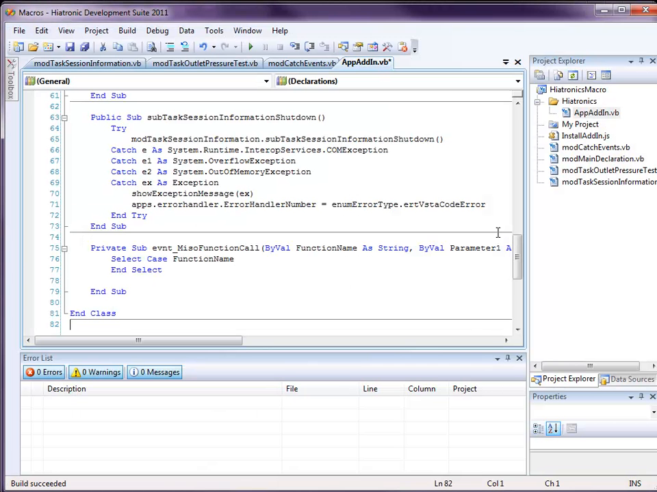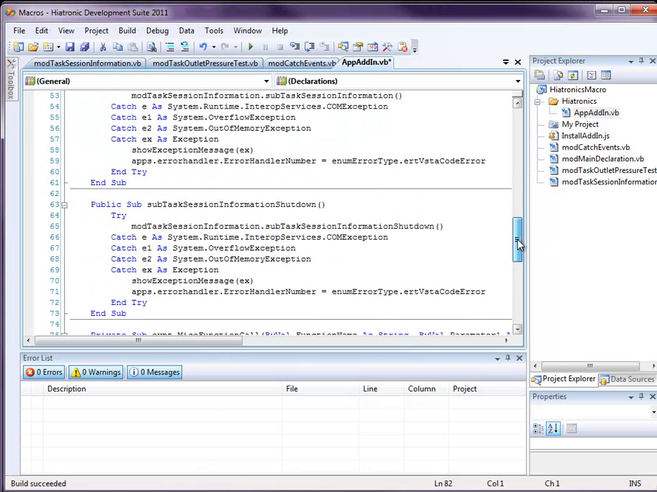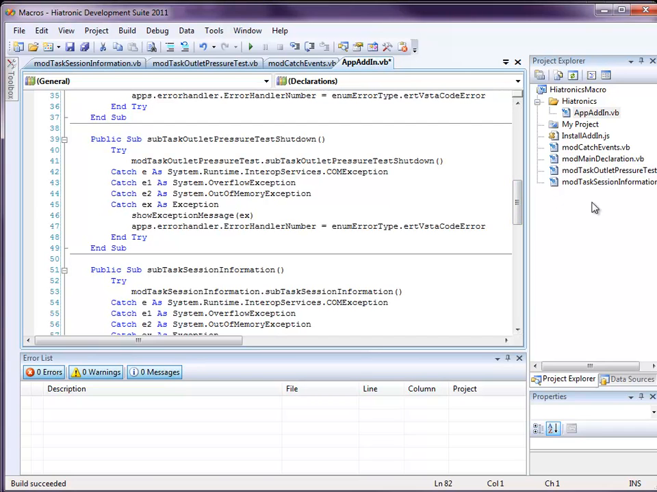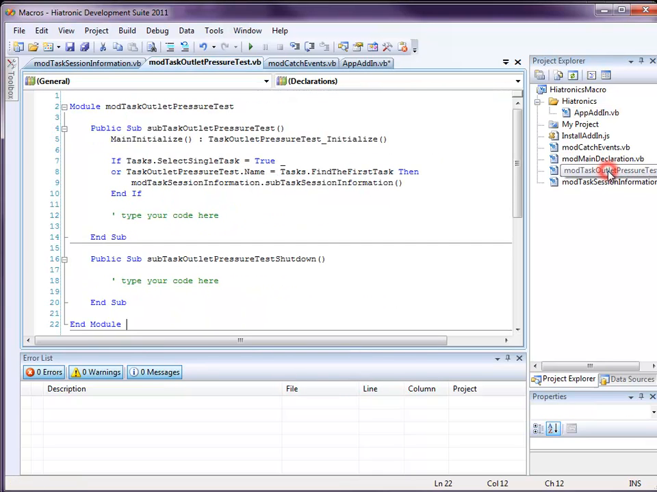Now that we've created that new instruction, what we're going to do is we're going to go into the outlet pressure module, and within the outlet